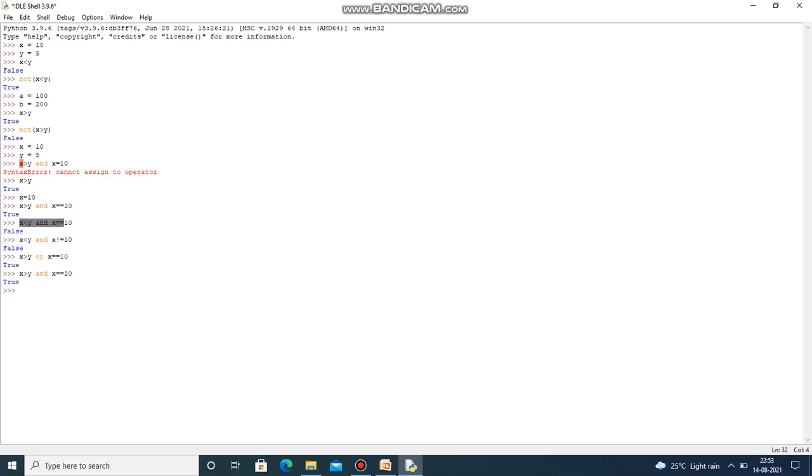Here it was false, right? Because okay, here there was a problem. I gave and itself, okay, x == 10, which means you will get true. Now let's check the last one, which is x < y or x != 10. If both of the conditions are false, then it will give you false in the OR operator. In the AND operator, if either one of them becomes false, then the complete one becomes false, okay?